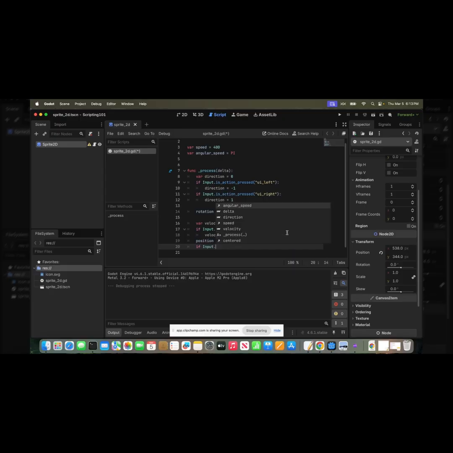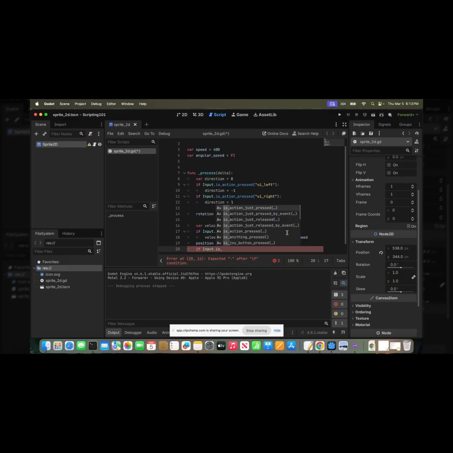if Input.is_action, oh, there's a whole bunch of stuff here, right? Action just pressed. Oh, I don't know what the difference between just pressed and pressed is. We've got to search up the documentation of that. Pressed is ui_down, let's say down. Then